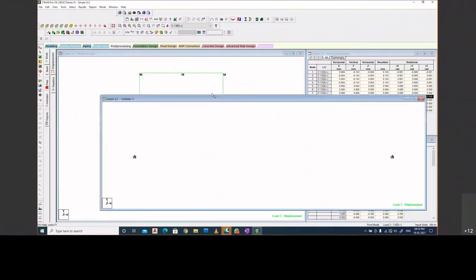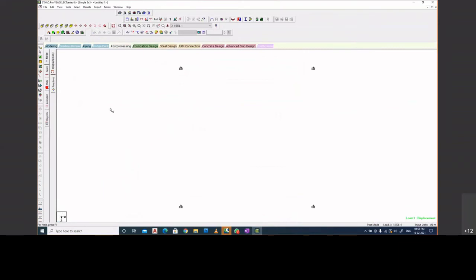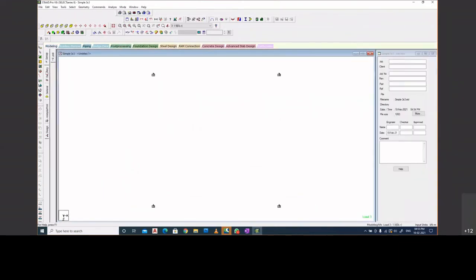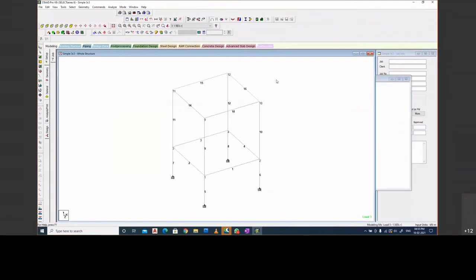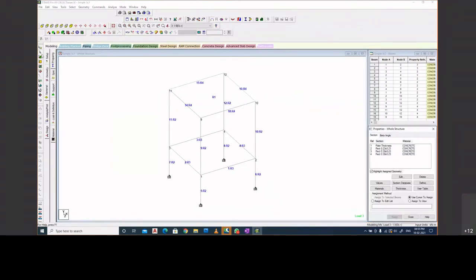OK. Now let me come to the top view again. And also let me check, make sure that we didn't have that. We also had this slab in place, which we don't need because we have additionally added the floor load. So let me remove this slab. I told you we don't require it. We will remove it and go for analysis again.